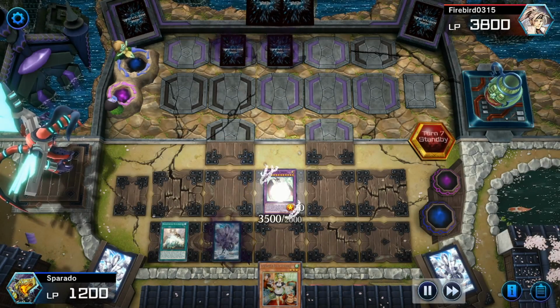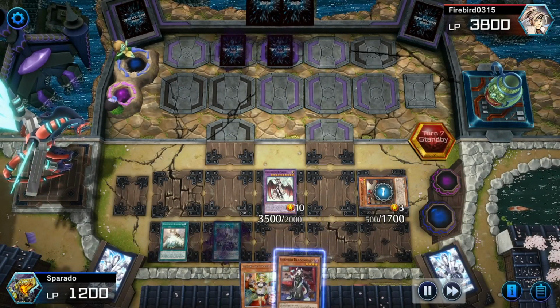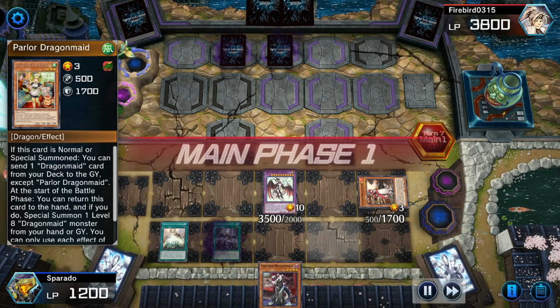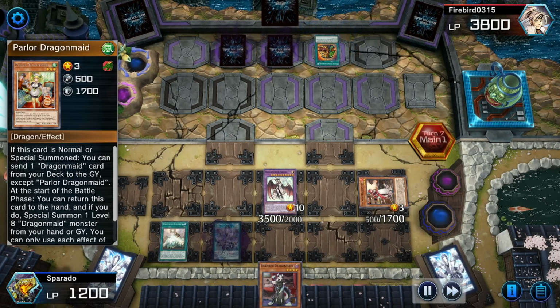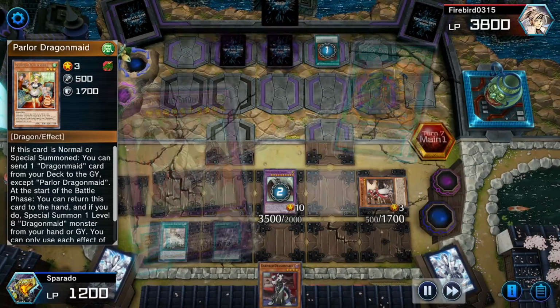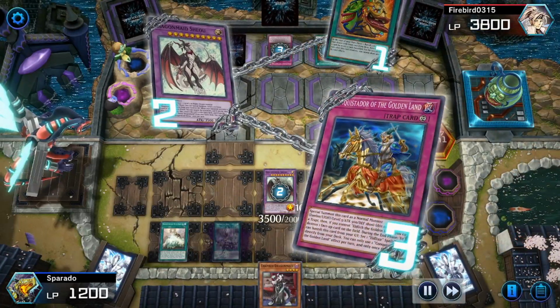I'm going to activate Xiao in the standby phase to bring back my Kitchen. Kitchen's going to get me a follow-up play in Chamber Dragonmaid. I'm going to discard the Parlor since I don't really need it right now. He's going to Shotgun Extrav, which I have to negate because I don't want to lose to like Skill Drain or anything. But that means he's able to get a free pop with Conquistador and Scarlet Sanguine because, like I said,